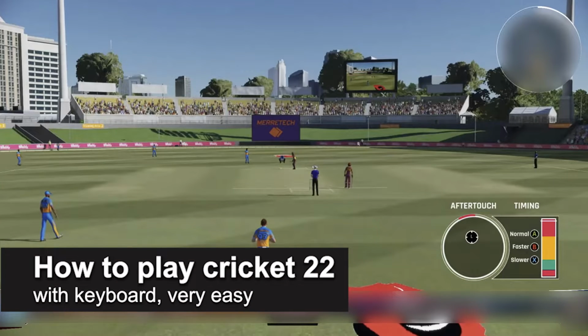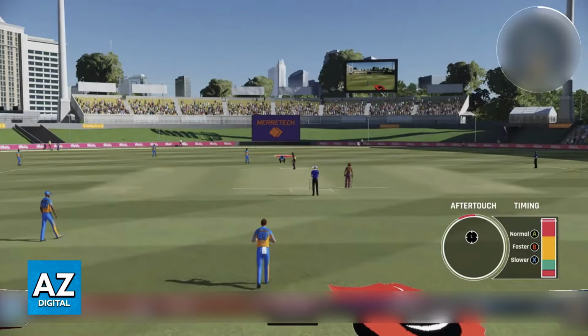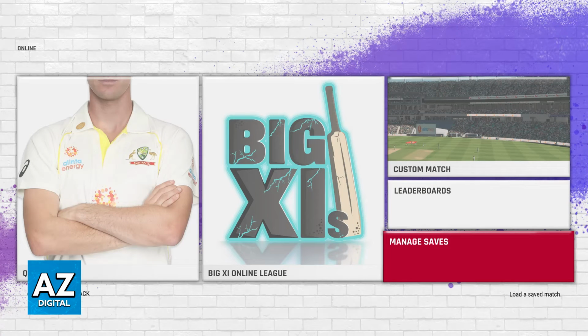In this video, I'm gonna teach you how to play Cricket 22 with keyboard. It's a very easy process, so make sure to follow along. In this video, I'm gonna give you easy to follow instructions on how to set up Cricket 22 and play